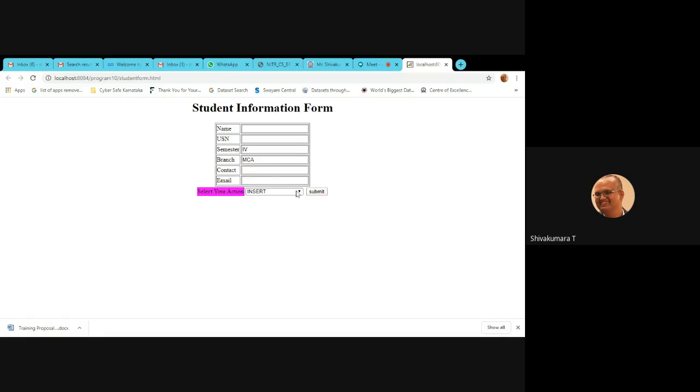Now first let us display if any record is present in our database. Display record. So it is displaying the empty record set, meaning there is no record found in our database. Now the very first operation is displayed. Second operation, inserting. For example, Chetana.